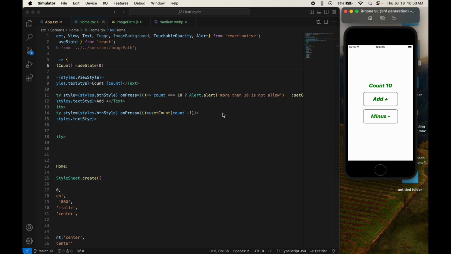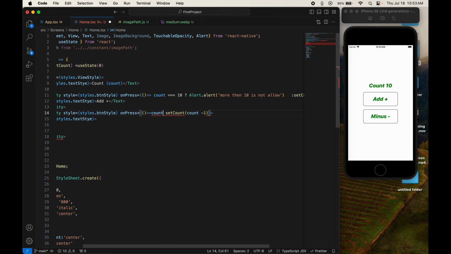So now I need the condition for the decrement, for the minus also. If my value becomes 0, it should not go to minus 1 or minus 2 or minus 3. So just come here, count 0, Alert.alert, is not allowed. Just typing here,